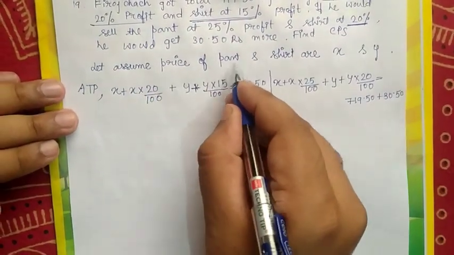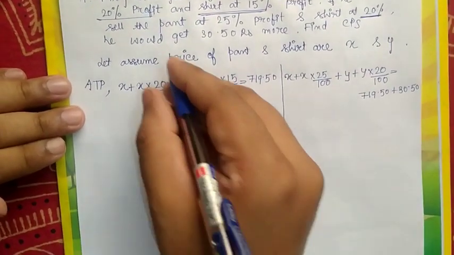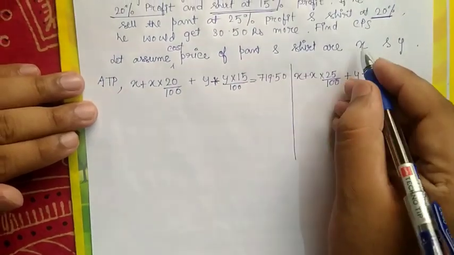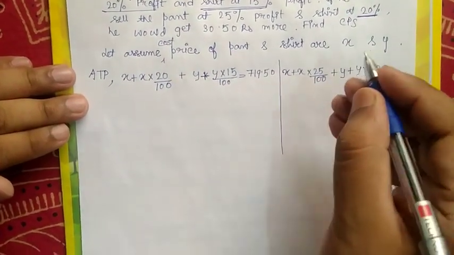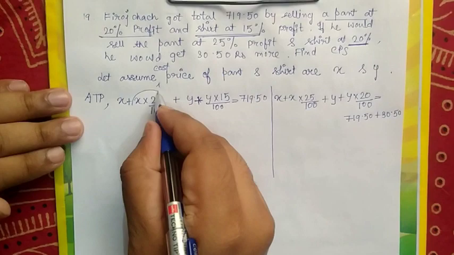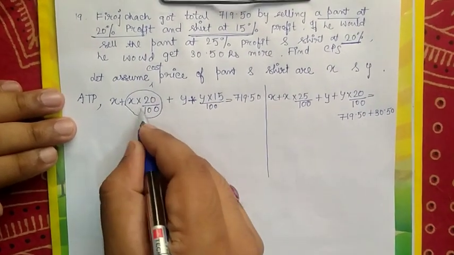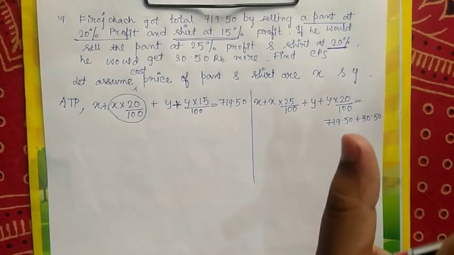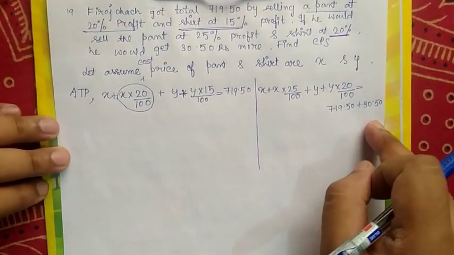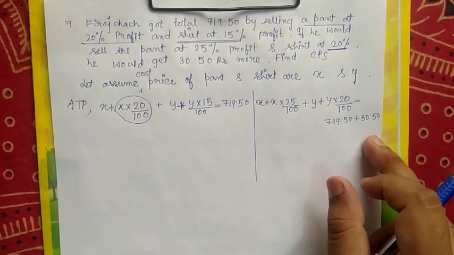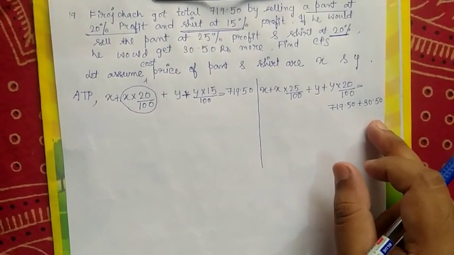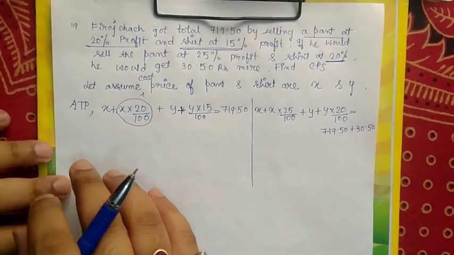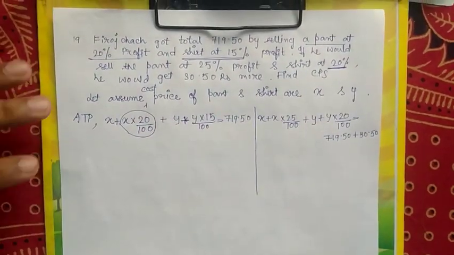Now here is the one part, if you want to do it in a lengthy process, let us assume the price of pant is X, so this should be the cost price. First of all, CP of pant is X, therefore you have to find the profit, X into 20 by 100, therefore SP is X plus X into 20 by 100. You can do that, but this is the shortest process, because this sum carries 5 marks and you have to do it in a minimum of 8 to 9 minutes. That's why we have to solve it with an easier method.